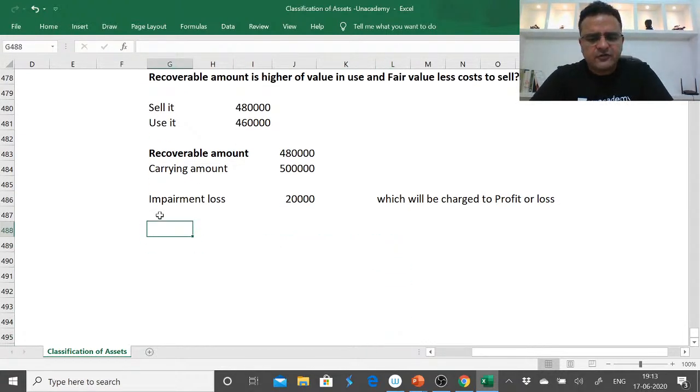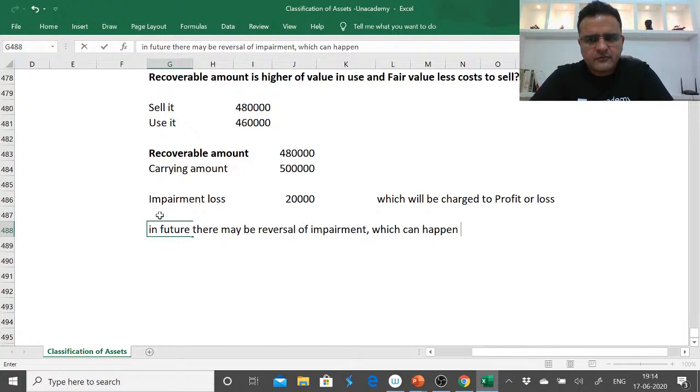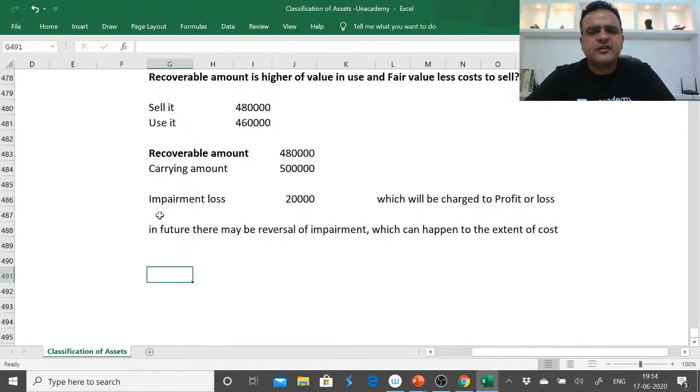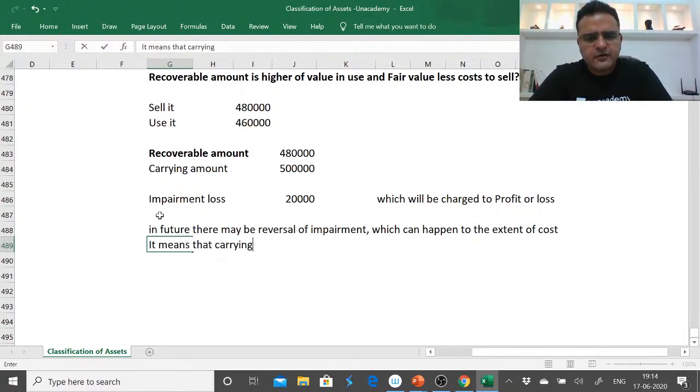In future there may be reversal of impairment, which can happen to the extent of cost. What do I mean by this? It means that the carrying amount can be restated to the extent of cost, by comparing it with the value,